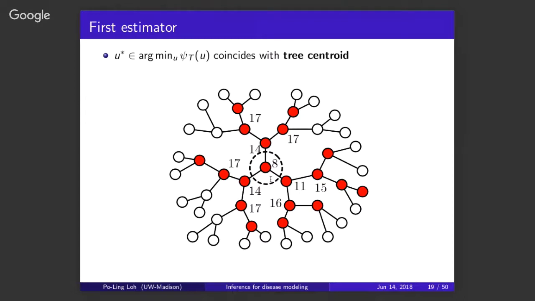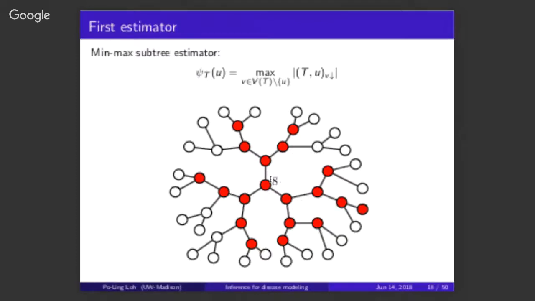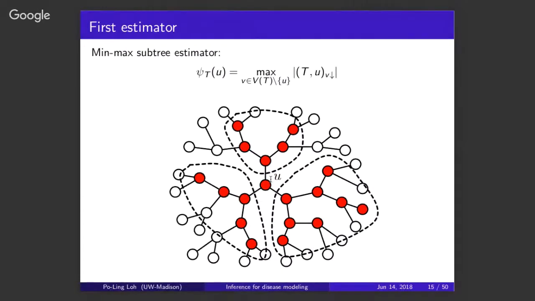Is it the tree centroid of everything, or just the red tree? It's the tree centroid of just the red tree, because we're only calculating these things with respect to the red tree. Can you also remind me a little bit about what is the model of this? Is it block cascade or these standard models, or is it a different model? It's a very simple model. The model is simply that there's a node that's infected at time 1, and then at each successive step, you infect exactly 1 node, and that node is chosen uniformly at random from the neighbors. Okay. Right, so there's not really a cascade going on.